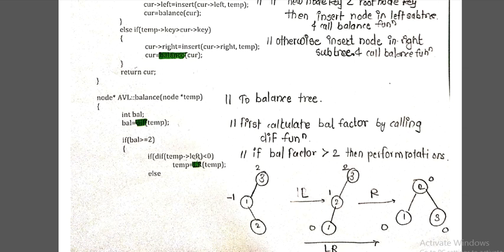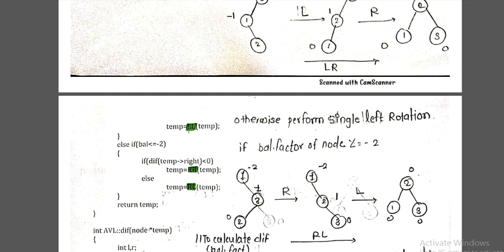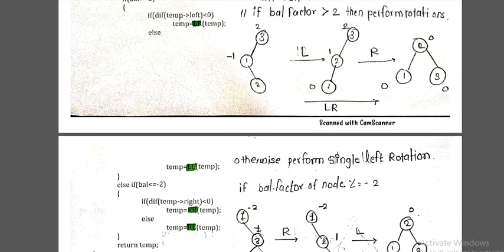Else, if the temp of left is not less than 0, meaning it is greater than 0, then in that case we apply the single rotation. Here, if it is less than 0, meaning it's -1, then we are applying the LR rotation. LR means first we perform left and then we perform right. So this tree will become like this. And if we only have to apply the left rotation, we apply it just one time, a single left rotation, when the left child does not have a value less than 0.